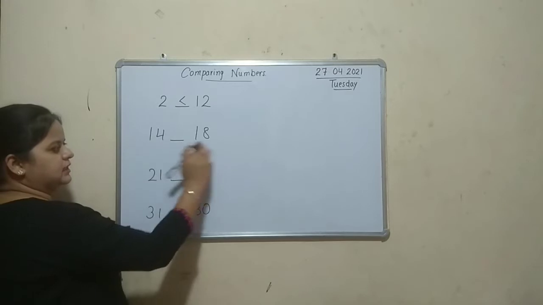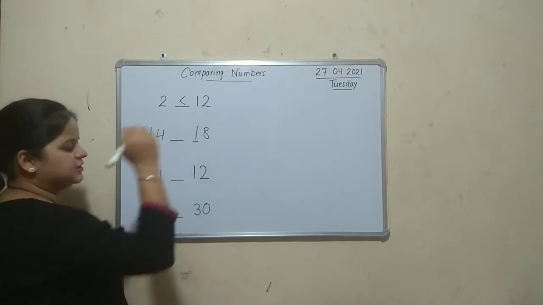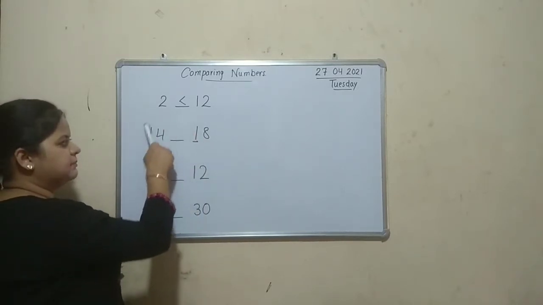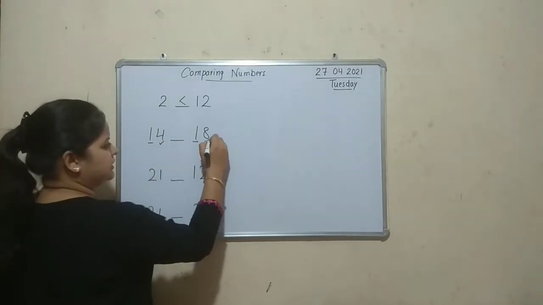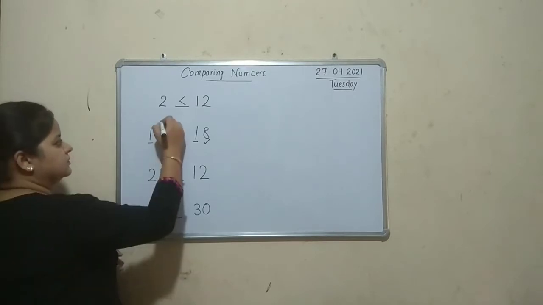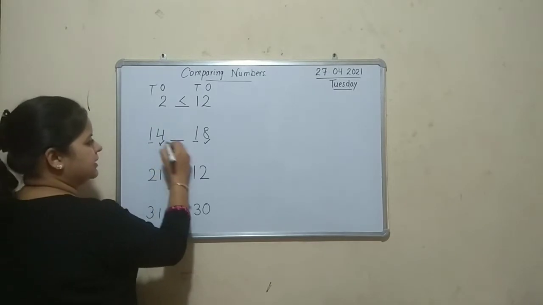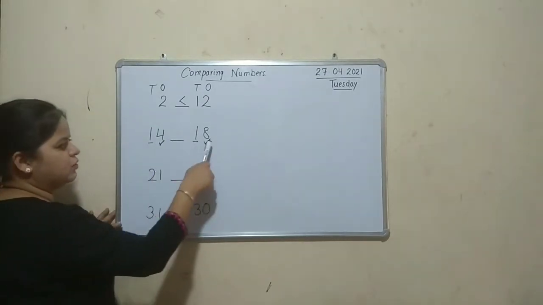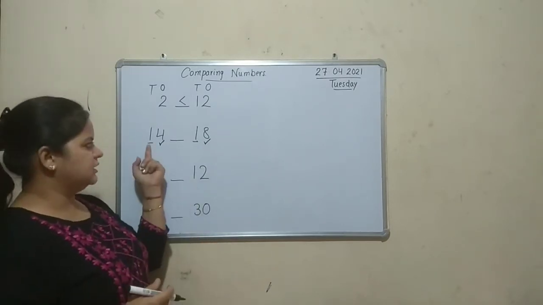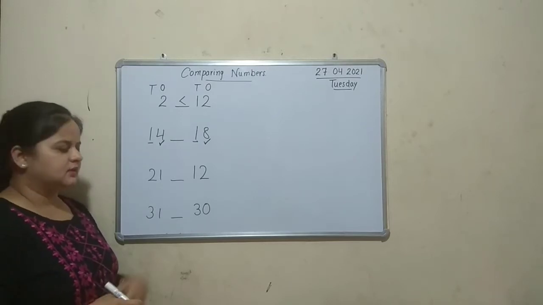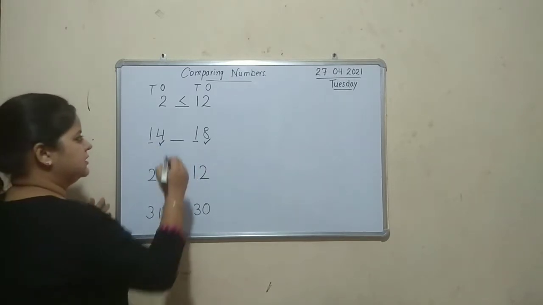Okay. 14 and 18. We have to see the number of tens place. So these digits are same. So we will look at the ones place numbers. We will compare these numbers now. So number 4 and 8 we have. Which number is greater than the other, 14 or 18? Yes, number 4 is smaller than number 8. So the number 18 is greater number.